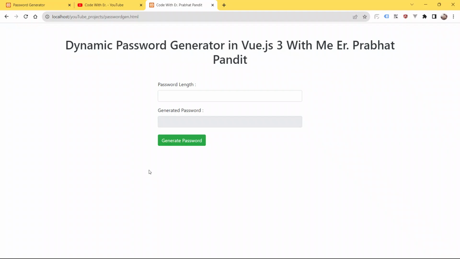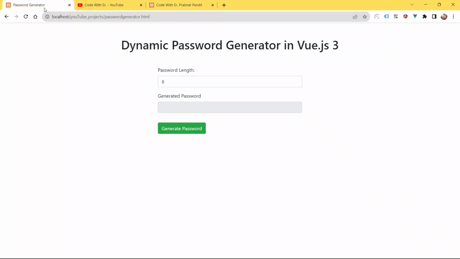So guys, whenever a user clicks on this button, generate password, then we will show the generated password. As you can see here, let me go to the example. Whenever a user clicks this button, only then will we show the user the generated password. Let me click here, generate password. See, the moment I click the button, only then will you see all this stuff. Your generated password is this, and below it you can see the button, copy password. So now I am going to do that.